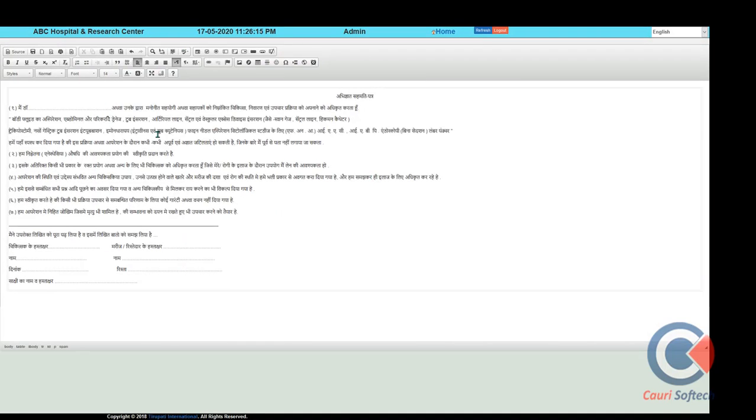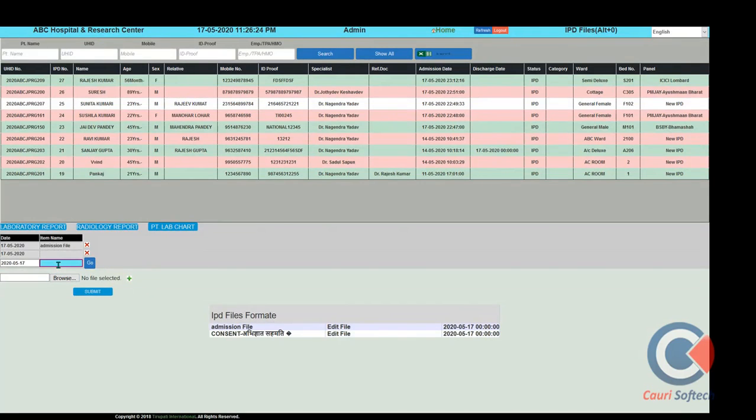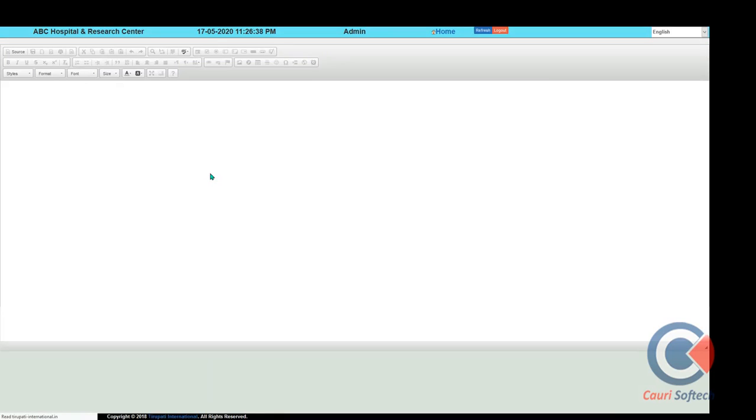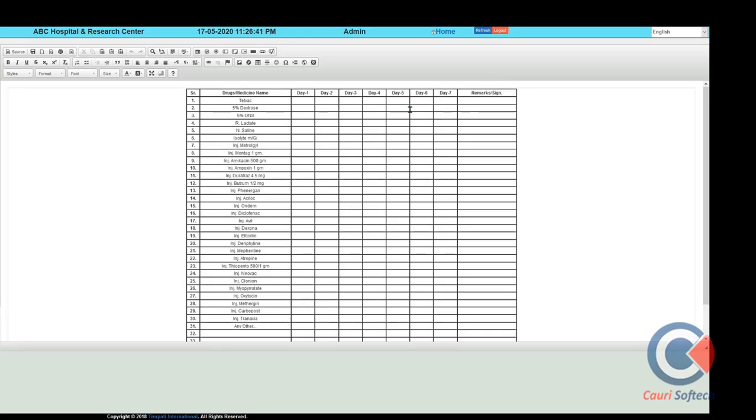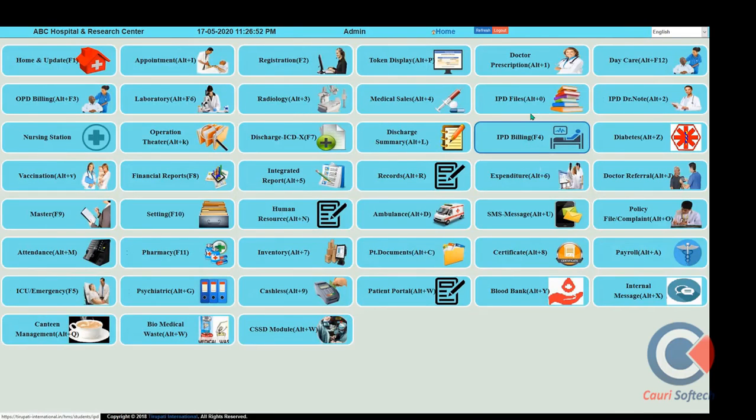Those formats can be printed, putting in the doctor name and so on. In this way you can put in the format. In the same manner there are various formats I would like to share with you, like a medication chart you want to see, which will be very helpful for justification. So these formats are very helpful to create a patient file system through the OPD. There is a medication chart, and the day-to-day medicine will be maintained step by step, and at the end we can give this file printout and attach it to the patient file. This is the IPD file system.